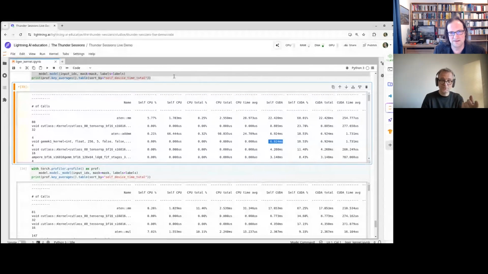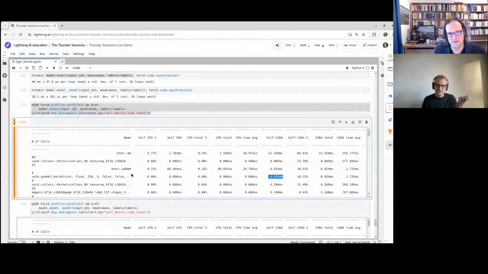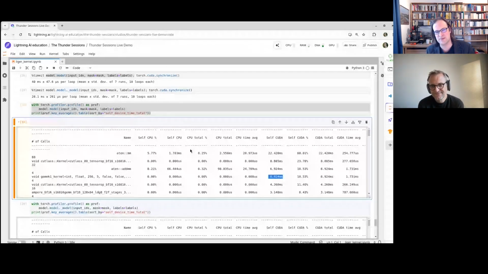It's interesting also because they come from ATen, the library from PyTorch Eager that powers a lot of Eager, or almost all of it. So you have to be a bit careful about speculating here.